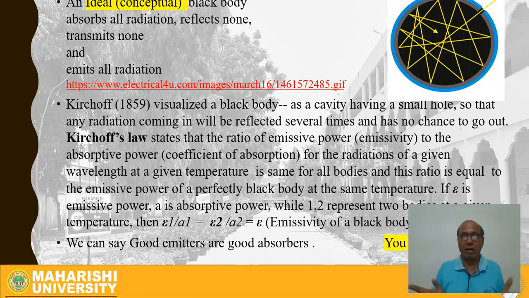So by assuming this, you can relate it with the complete universe system also, assuming this as a global black body, and inside there are a number of bodies which are not black, but whatever they are absorbing and whatever they are emitting, the ratio of that, if summed up over all the bodies inside this black body, will be equal to the emissivity of this black body. So this is what is represented here, and we can say that good emitters are always good absorbers, because they are neither reflecting any radiation nor transmitting any radiation. So this holds good for a perfectly black body.